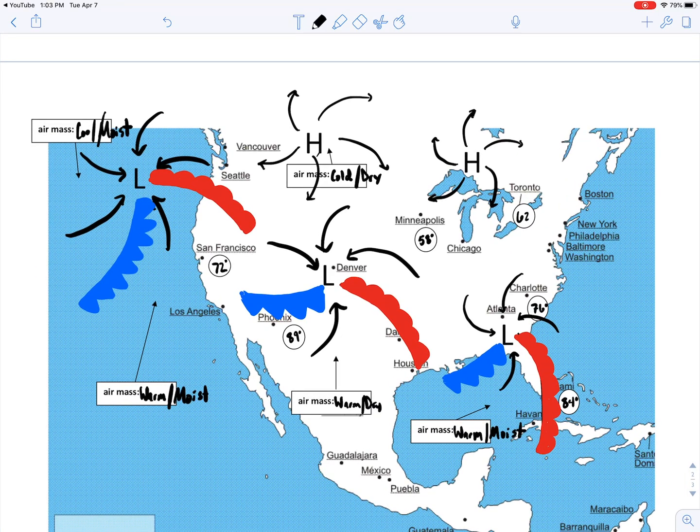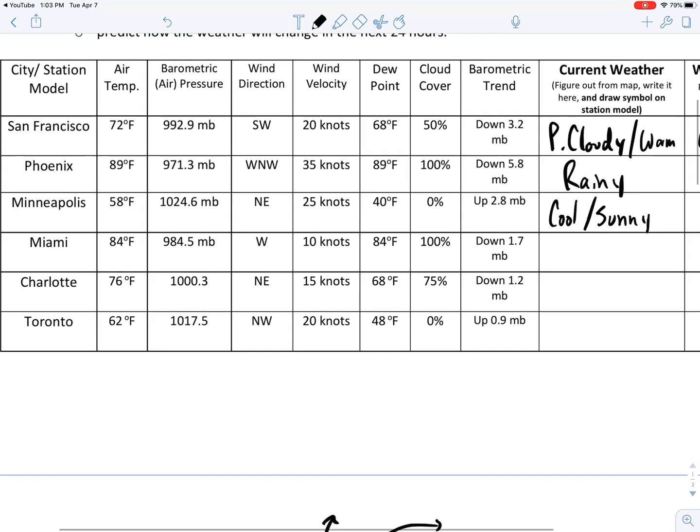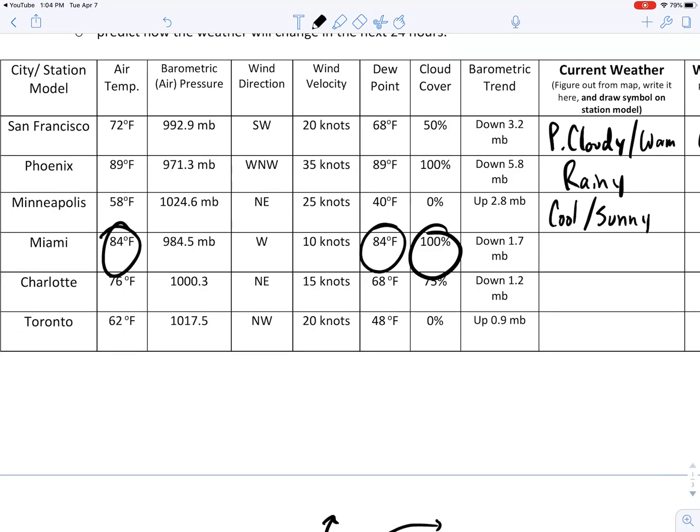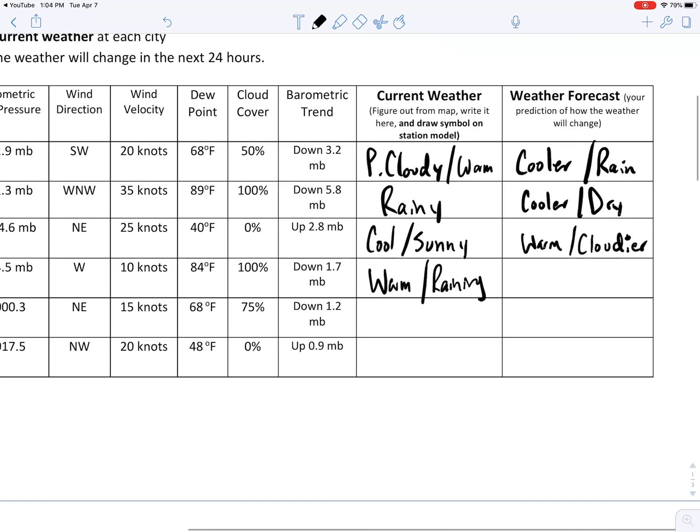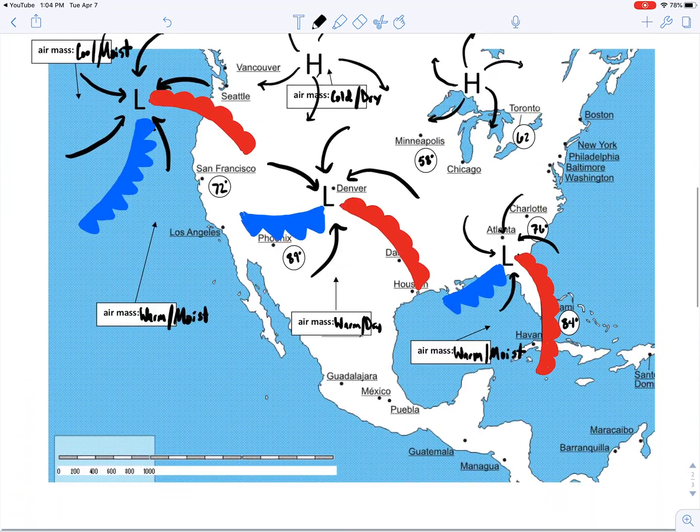Let's think about Miami. Miami right now, if I look, is right underneath that warm front. It's 84 degrees. There's a warm front right over the city. Let's check here. Look again. 100% cloud cover. No surprise there. They're right under a frontal system. Same dew point as air temperature. So that tells me it's raining. So here we go. We can say it's warm and raining,